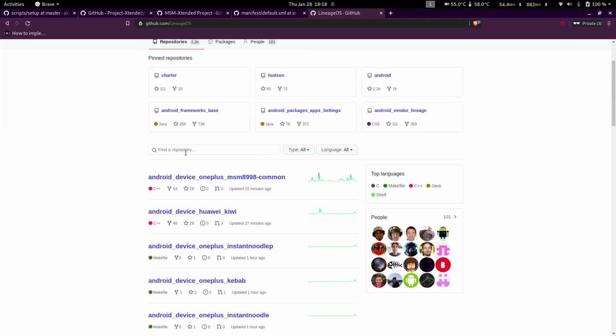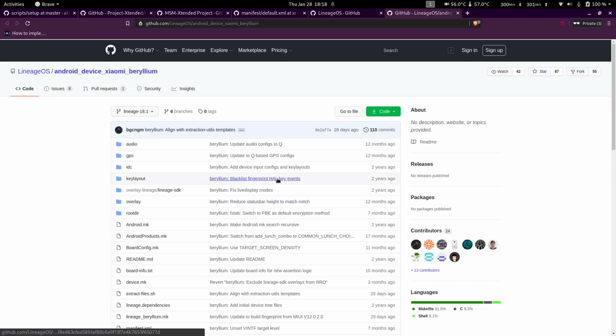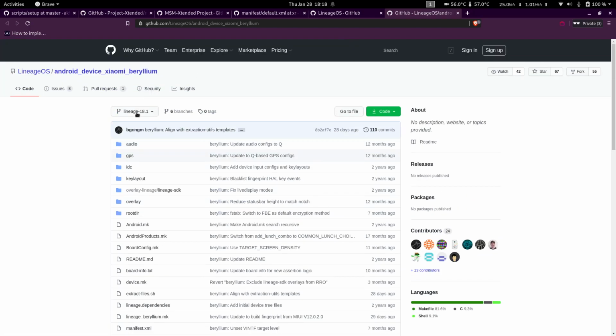The device tree basically contains how the manufacturer shipped the phone. In my case, since I have a Poco F1, its code name is Beryllium. So this is my device's device tree.